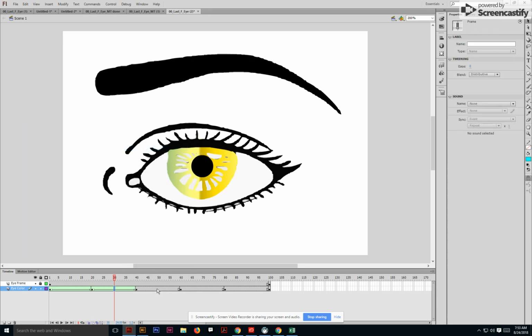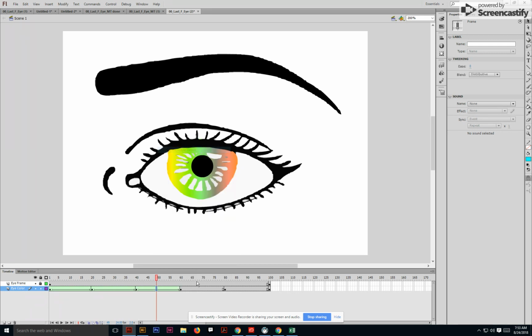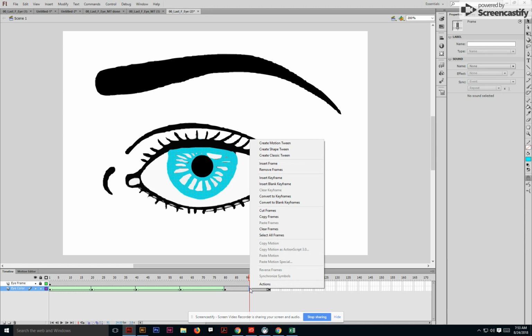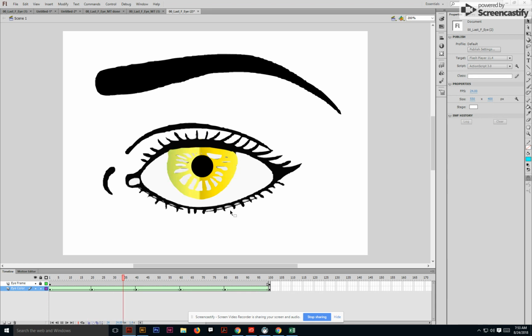We do the same between 20 and 40. Do the same between 40 and 60, and keep on going between 60 and 80. And then finally, between 80 and 100, create shape tween. So now when we hit enter and it plays, it'll change from one color to the next. And you just did your first